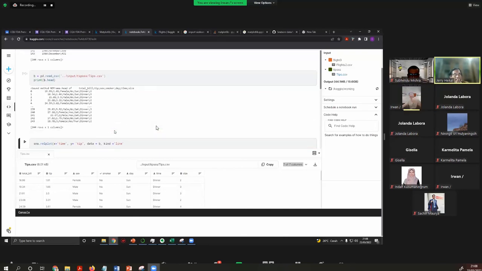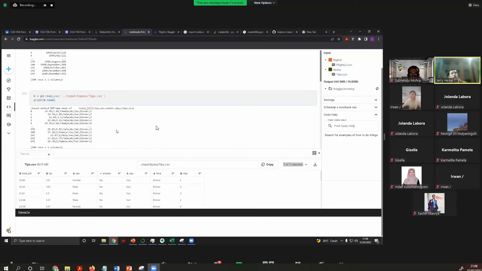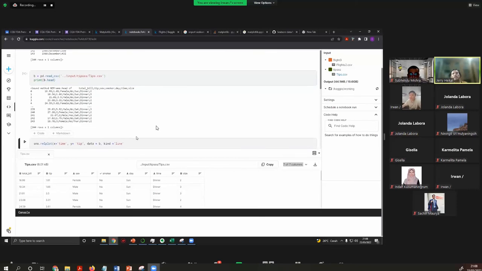I already followed your instruction, but I don't know why. Of course you cannot, because you are not using comma as the delimiter when reading the data. It is semicolon, not comma. Your data is not using comma, it is using semicolon.